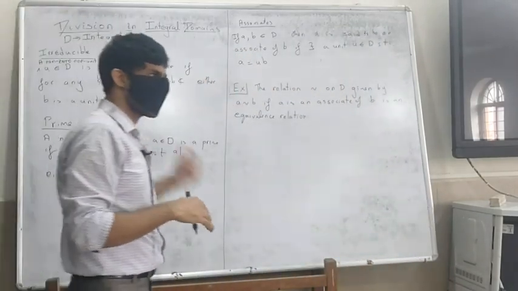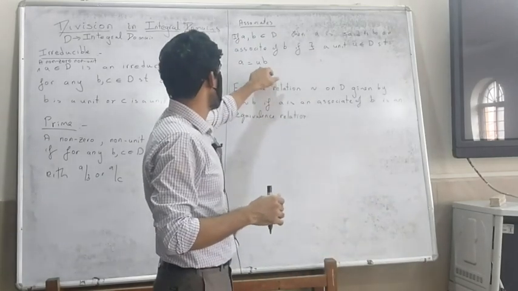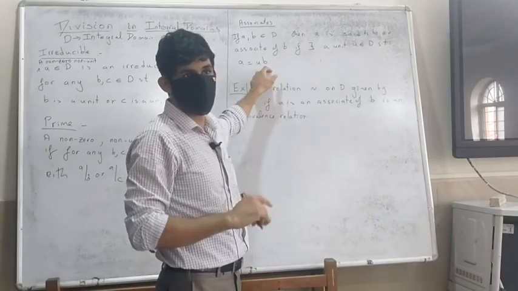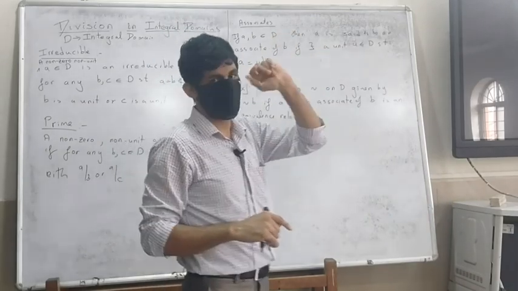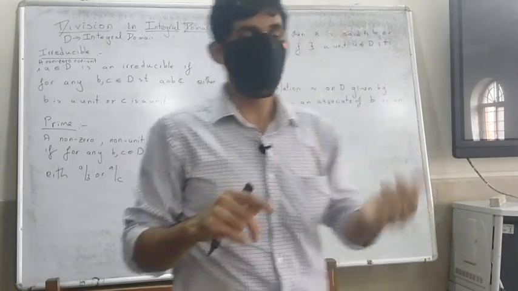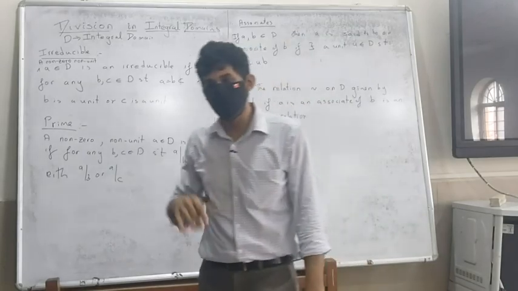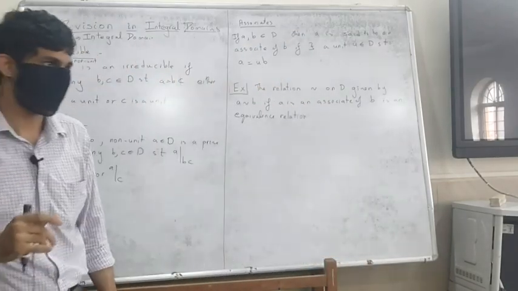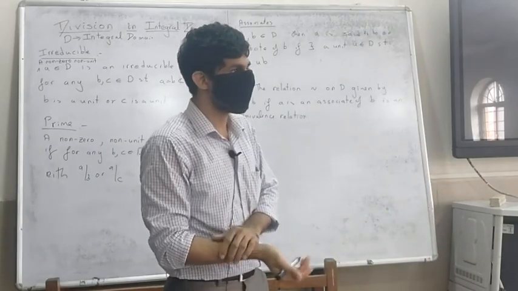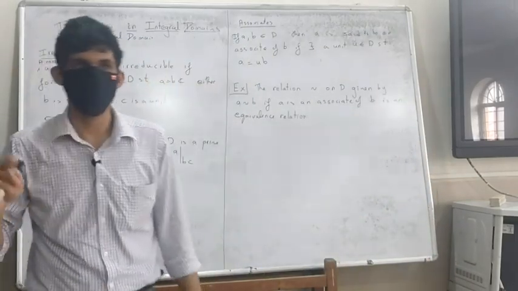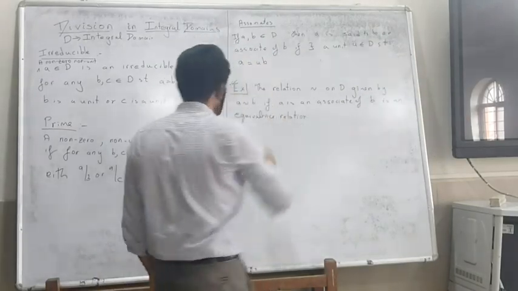We have done this similar thing earlier, so I am not bothered about it. So if A is an associate of B and B is an associate of C, that means A can be written as U1 times B and B can be written as U2 times C. So therefore A can be written as U1 U2 times C. The only thing left to prove is that U1 U2 is a unit. The product of 2 units is always going to be a unit because the inverse is U1 inverse U2 inverse. That you can prove. This is not difficult to see.